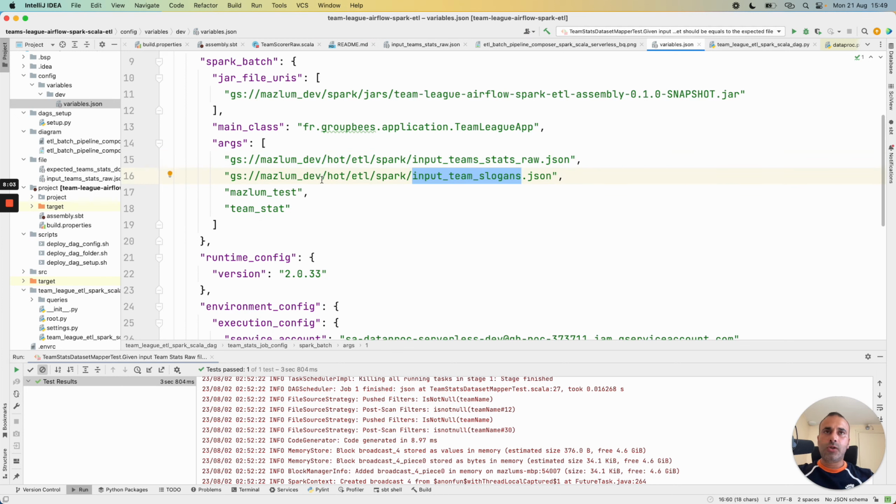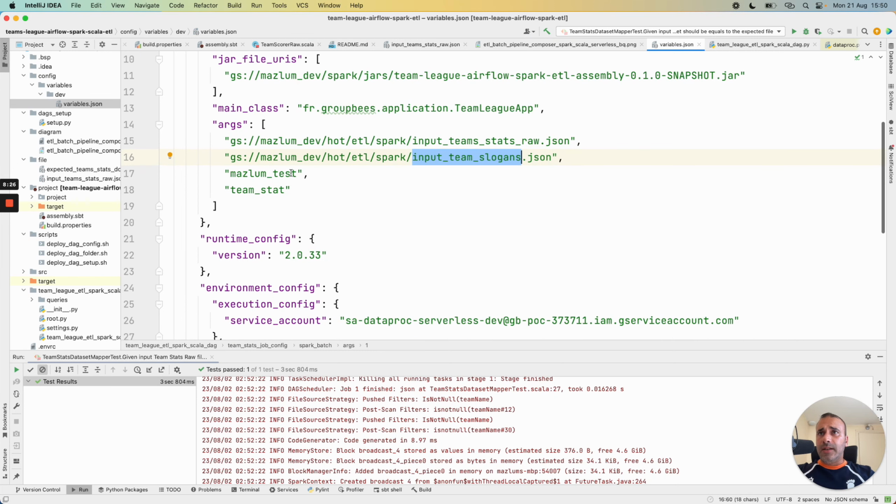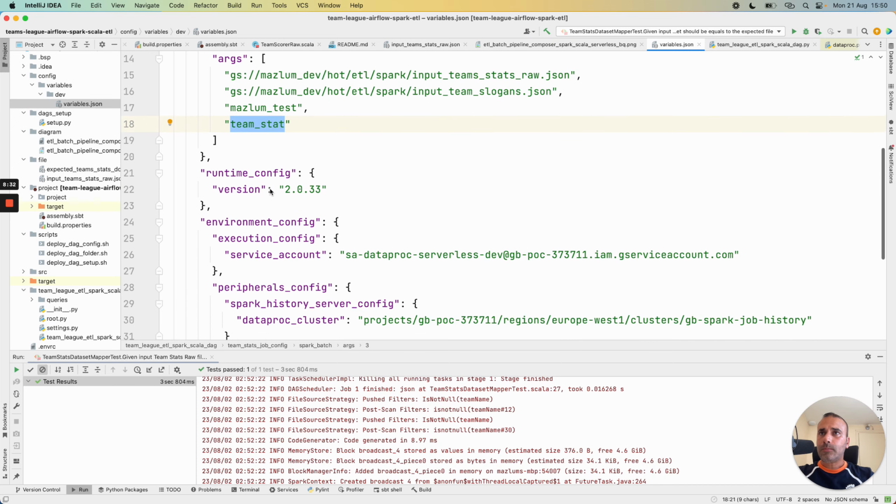That's why we also give a path for a side input file. As I explained in the previous video, I will add the link to this video in order to give the link with the deep explanation for this use case. And at the end, the result is written in a BigQuery table called Timstat.